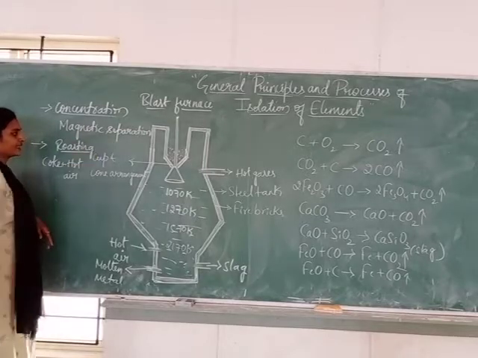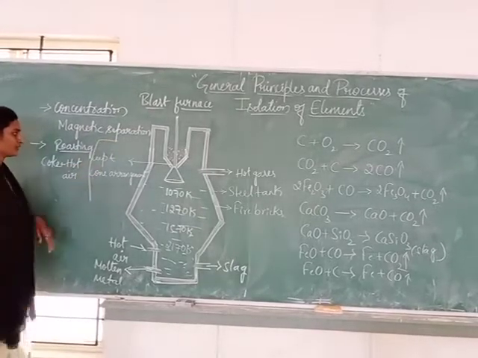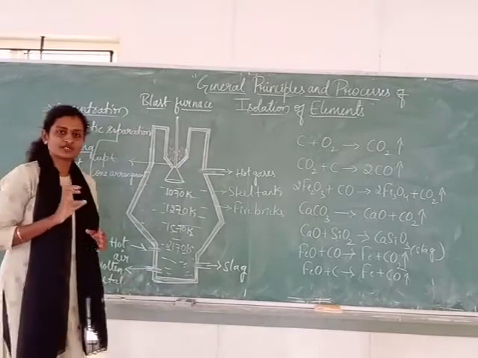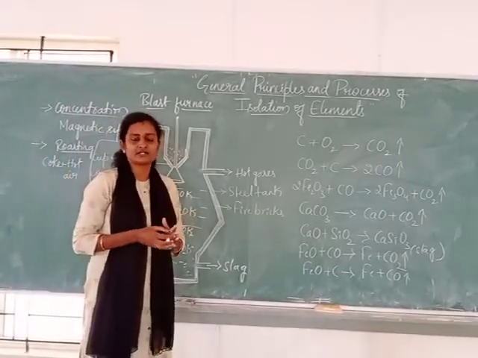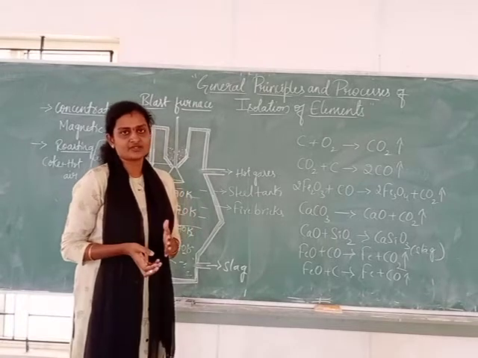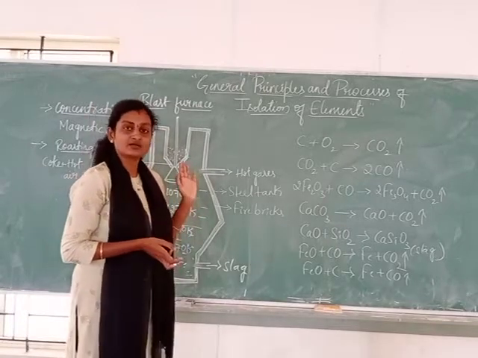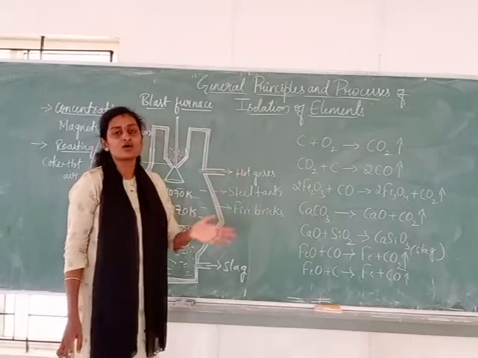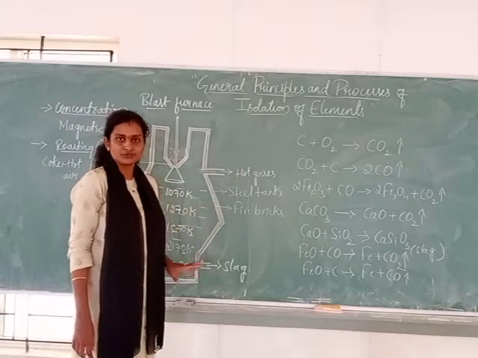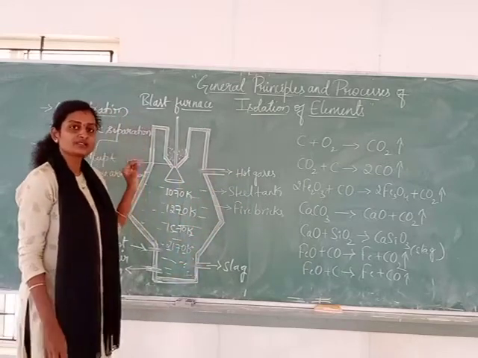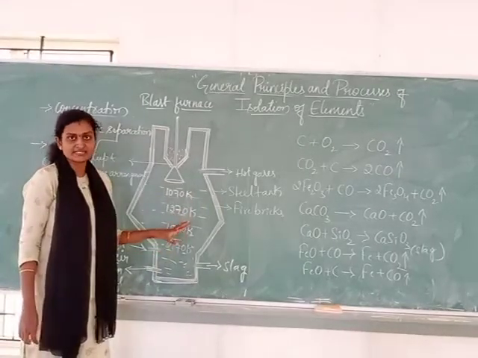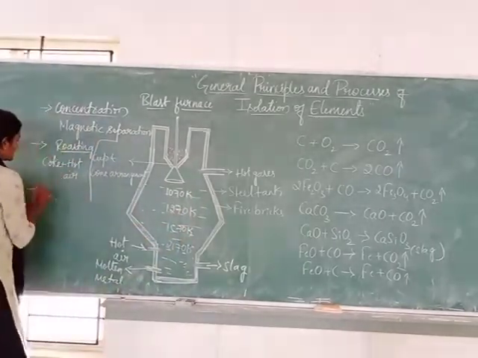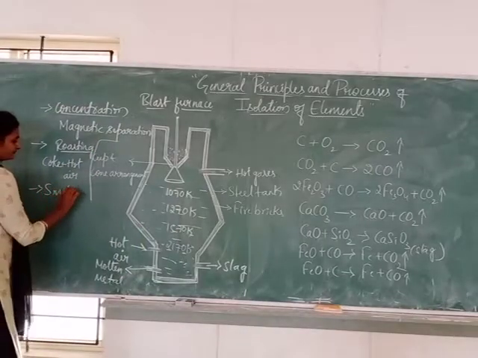In hot air, what do we do? We do roasting. When we roast, what happens? The oxide, whatever sulfide impurities or moisture present with the hematite ore will go off from the ore particles, and the ore gets converted into the oxide form. So this we have to do. Later, once we get the oxide form of the ore, then we have to go for the smelting process. Okay, so that is extraction again.